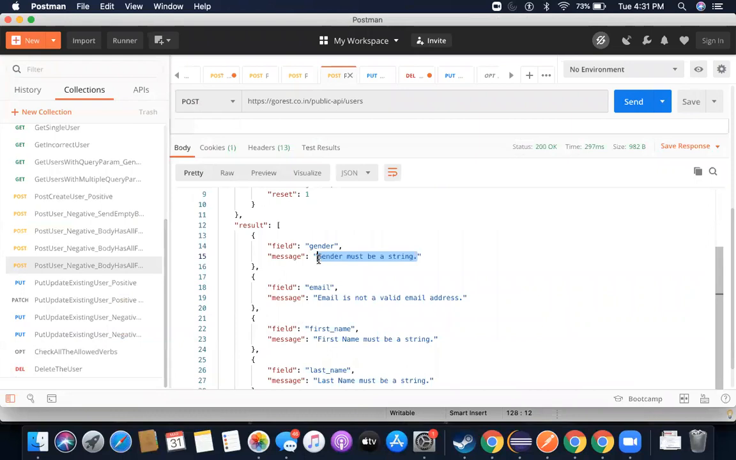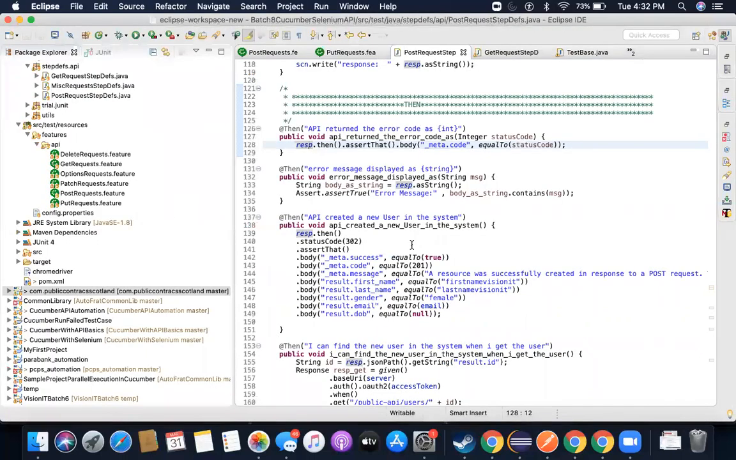Is it the right way? Not really. I mean, we can really be very specific. We can also check the specific location, for example, we can say result dot array of 0 dot message should be gender must be string, or we can say result 1 dot message. That means the second element of the array dot message is email not valid. We can do that, but right now, just for some idea on how we can validate a few simple things,